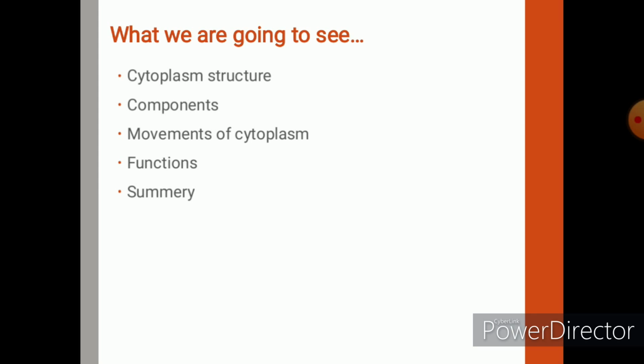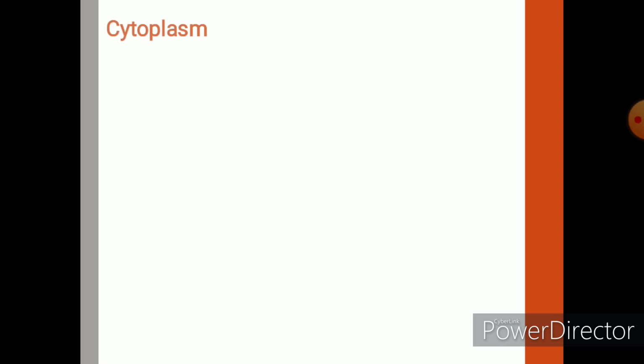In a plant cell, both nucleus and cytoplasm together are called protoplasm. That protoplasm is bounded by plasma membrane or cell membrane. About plasma membrane and protoplasm, we have learned in our previous video. Now, it is time to learn about cytoplasm. Cyto means cell and plasma means fluid. So simply, the fluid content which is present in a cell is said to be cytoplasm.